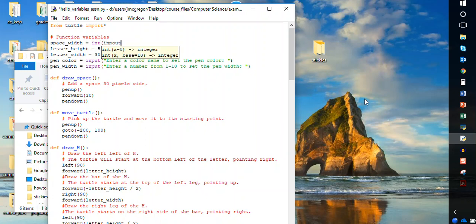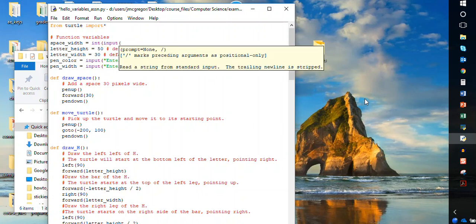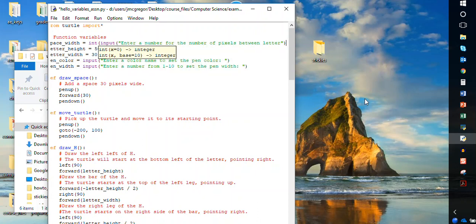We're going to tell the user to input. It's going to be user input, so we put the word input. And now we put a second parenthesis because this is going to be the prompt, what shows up on the screen. Let's tell it to enter a number, or you could say enter an integer, for the number of pixels between letters. Okay, so now what we're doing, and I'm going to stretch this puppy out so you guys can see this a little better,